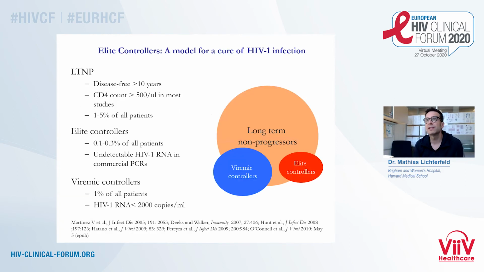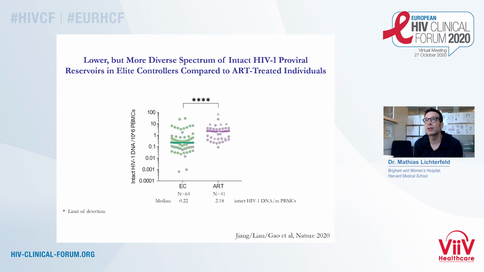So we use this technology then to move on and look into elite controllers. And most of you know this, probably, elite controllers are HIV-infected patients that manage to have undetectable levels of HIV viremia in the absence of treatment. And in a way, you could argue that these patients are the closest possible approximation to a natural cure of HIV that is possible. So we use these technologies that I just talked about to better analyze the reservoir cells